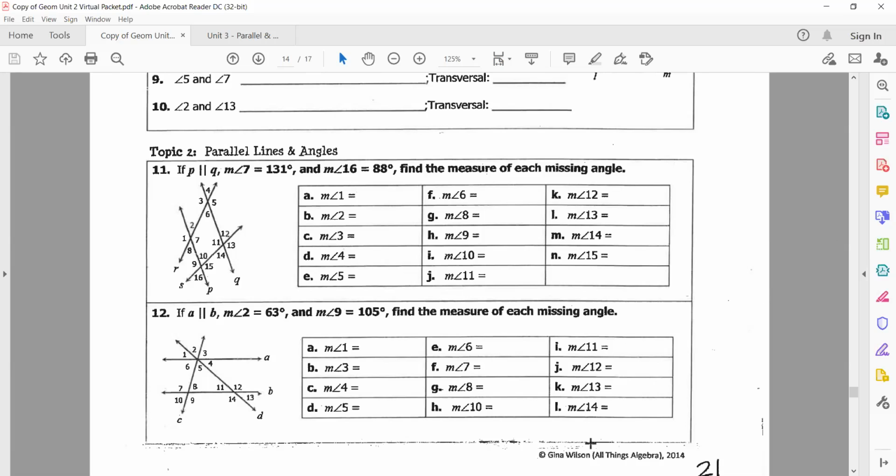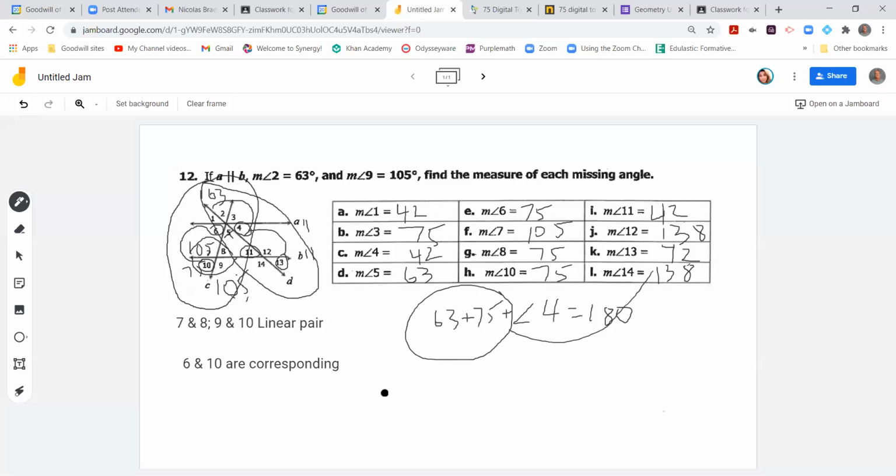I'm going to pause the recording here for just a second for you guys to think about that. So we've taken problem number 12 out of the study guide for the test, and we've applied a whole bunch of different definitions, and we've come up with all of the different angle measurements. I know my scribbling over here with the circles and the lines that connect the different relationship pairs. I made a couple of notes over here, 7 and 8 on this